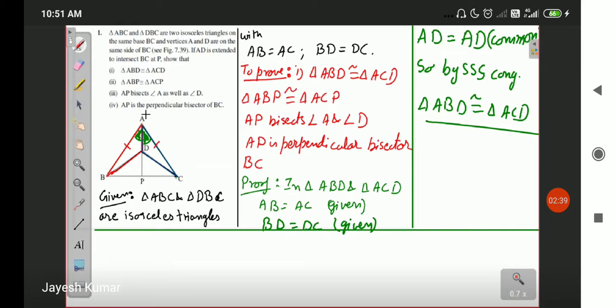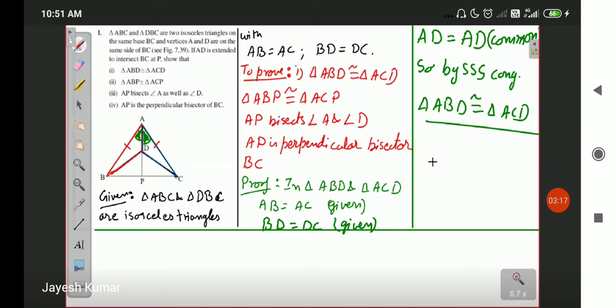Now next what we have to do is, we need to move to the next pair of triangles. Before moving on to the next triangle, we should prove that triangle ABP and triangle ACP are also congruent. Why? Because it will be most beneficial to prove these two triangles congruent, so that we can get the other parts. Actually, we have to do triangle ABP only. Okay, that is quite simple.